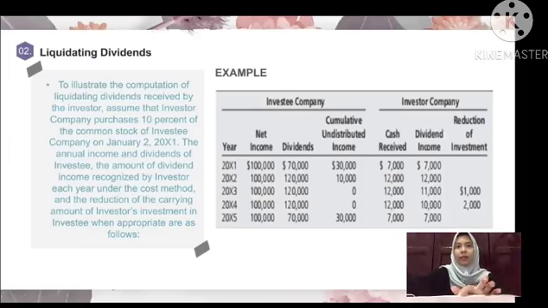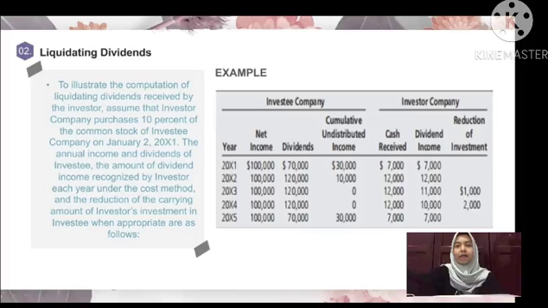An investor company records its 10% share of investee dividends as income in 20x1 because the income of the investee exceeds its dividend. In 20x2, investee dividends exceed earnings for the year, but the cumulative dividends declared since January 20x1, the date the investor acquired investee stock, do not exceed investee earnings since that date. Therefore, the investor again records its 10% share of the dividends as income.